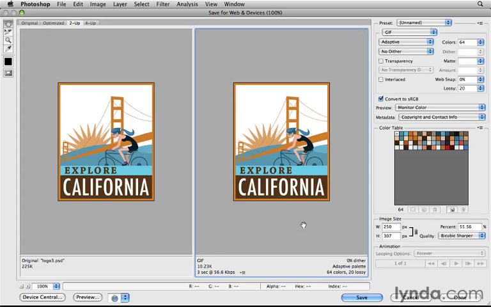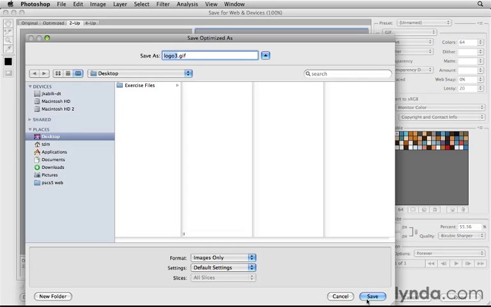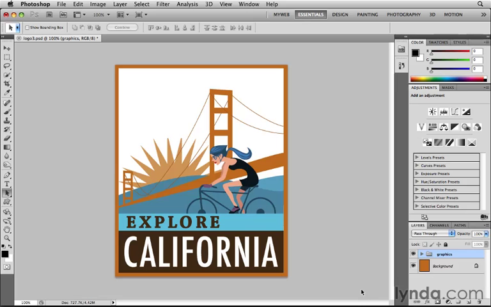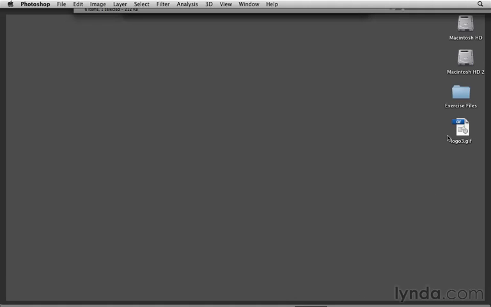So I'm ready to save by clicking the Save button, and in the Save Optimized As dialog box, I'll choose where to save the image on my desktop. I'll leave the image name as it is, and you can see that it automatically gets the extension GIF, and I'll make sure that Format is set to Images Only, and I'll click Save. Now I'll go out to my desktop, and there's my GIF. I'm going to open it in Photoshop,